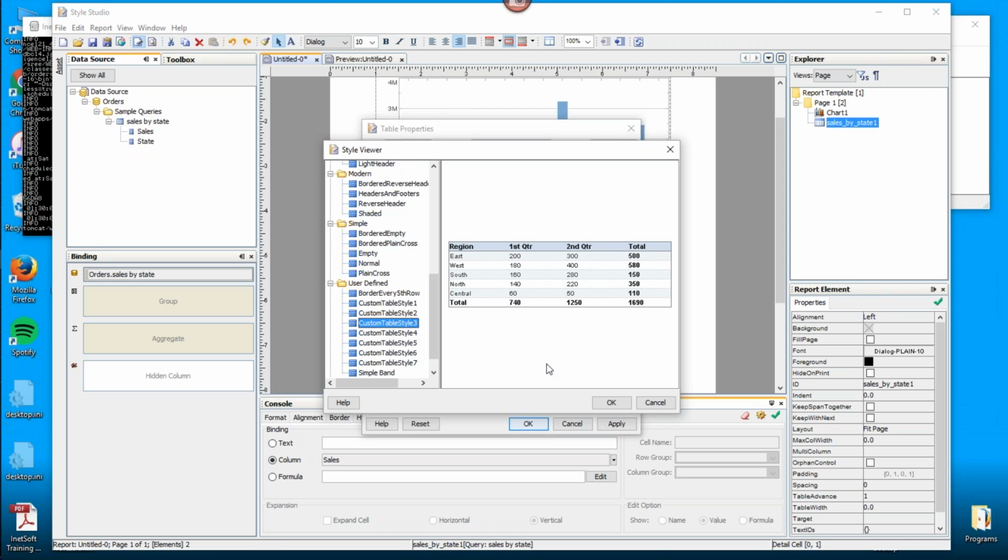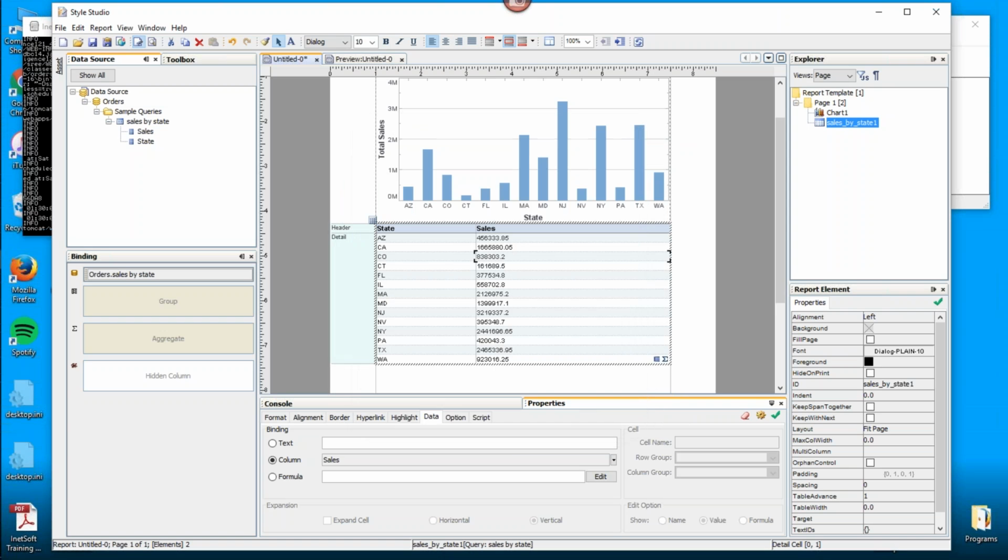So if you're not happy with the built-in styles, you can actually create your own table styles that specify the format for header and footer rows, for different kinds of alternating patterns. For example, every second row, every third row, or every fourth row, every second column, every third column. All these kinds of patterns. You can design your own style. So if you have a corporate table style or something like that, it's probably worthwhile to set up a global table style that you can then simply apply to any table in any report and also in any dashboard. So when you create your own table style, those table styles are usable both in reports and in dashboards. So I'll just choose that one, press OK, and that table adopts that particular style.